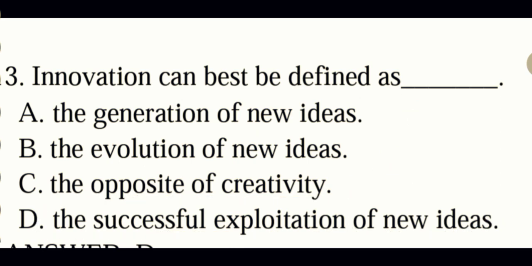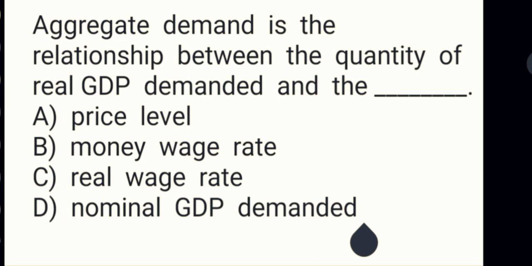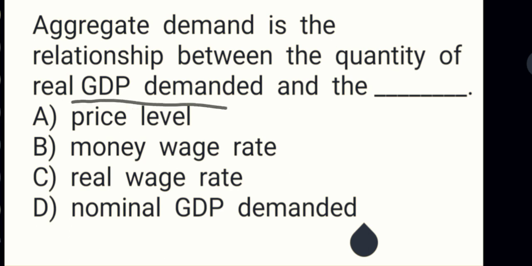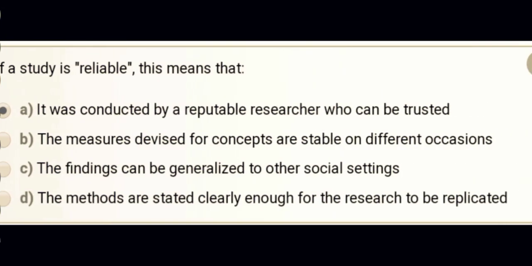Coming to the next question that was asked in yesterday's exam, aggregate demand is the relationship between the quantity of real GDP demanded and the, the options were price level, money wage rate, real wage rate, and nominal GDP. The right option was this, the price level. Okay. Coming to the next question that was asked,